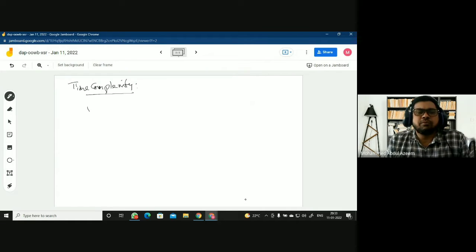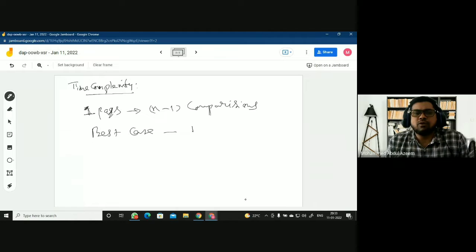For one pass, how many comparisons are you making? If you have n elements, n minus 1 comparisons are required. So in every pass, the number of comparisons required is n minus 1. Based on the number of passes, you can determine the time complexity. In the best case, obviously the time complexity will be big O of n.